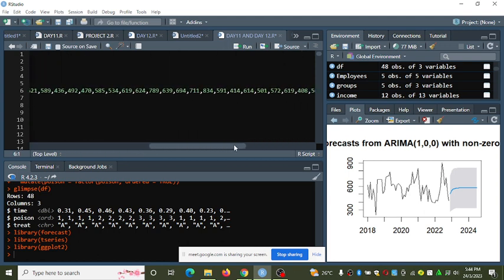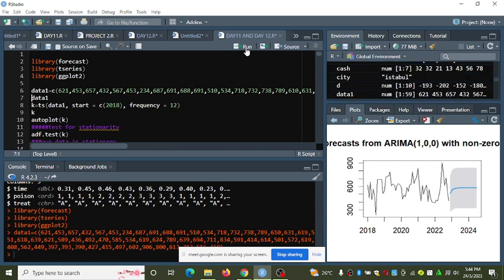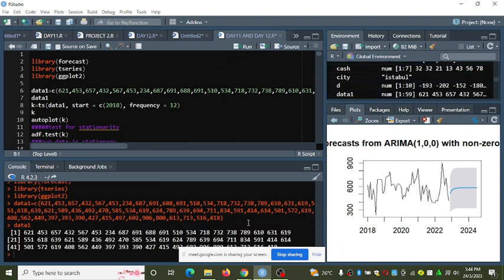You see how many they are. This data was recorded on a monthly basis. So we can run this command here and call data1. These are the values that are in the vector called data1.